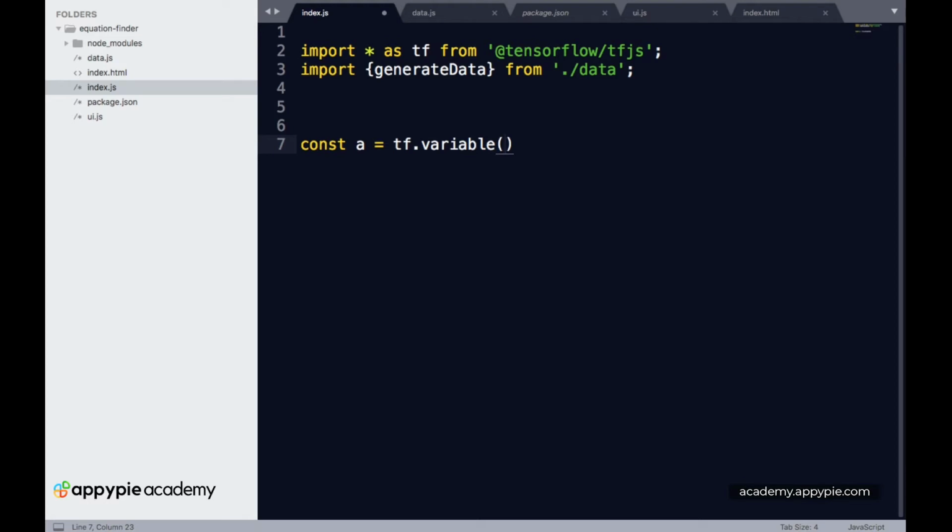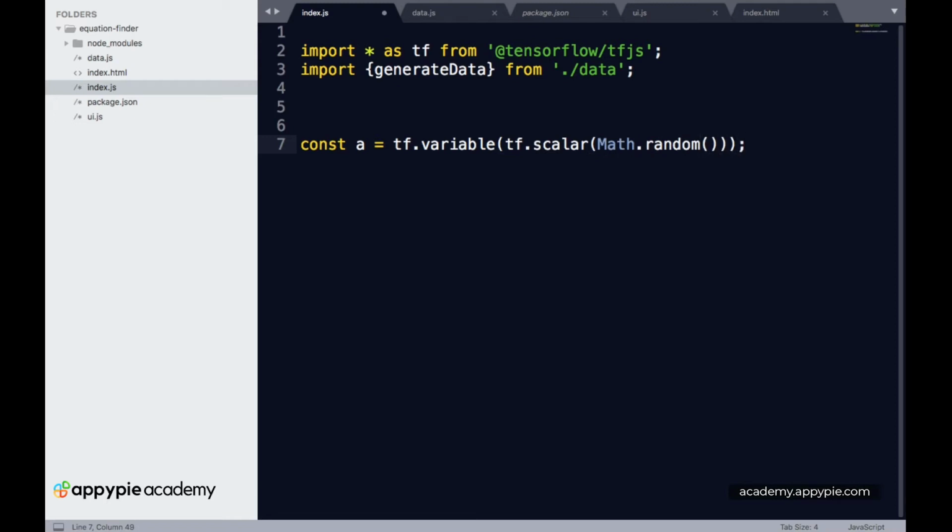So we have tf.variable, and inside tf.variable we need a scalar. So now we have tf.scalar, and tf.scalar will basically just be a random number. So let's call the Math library over here. So we have Math.random.